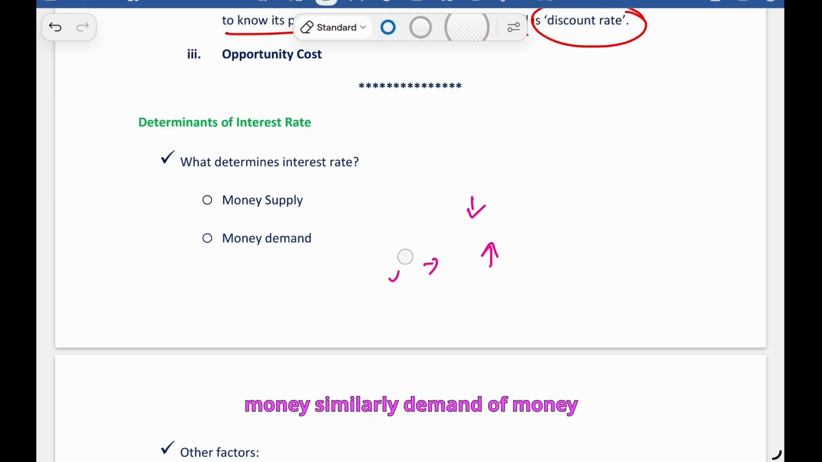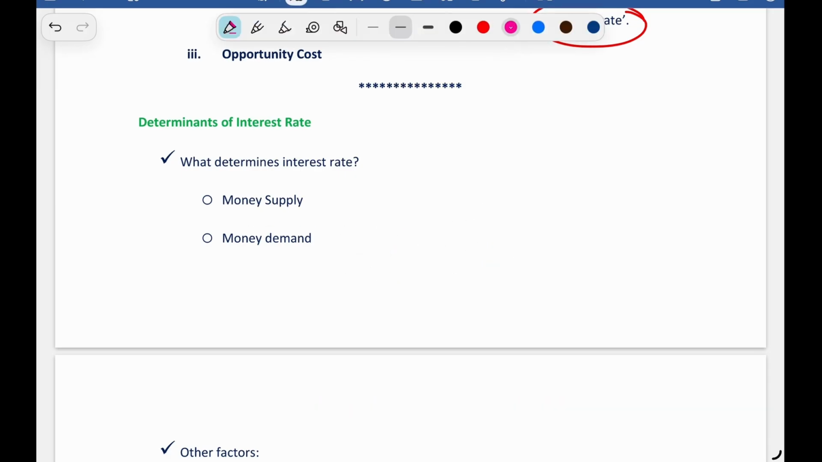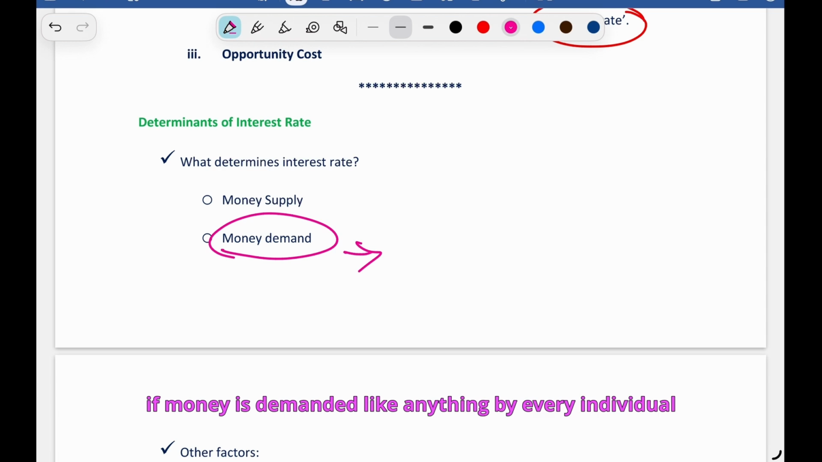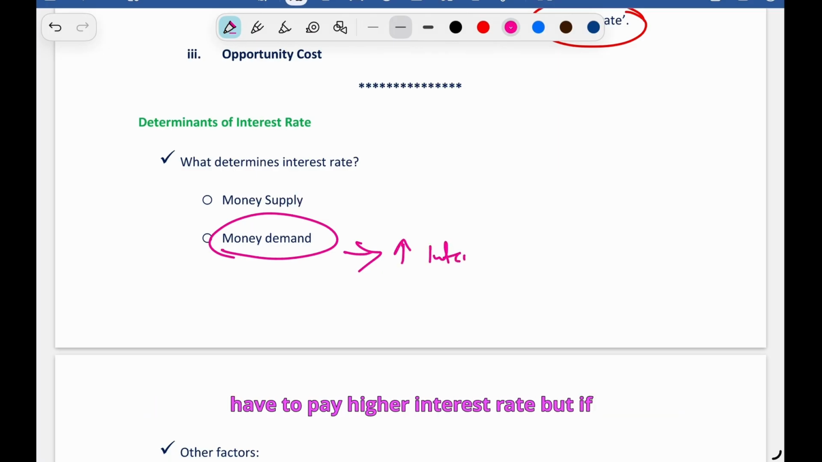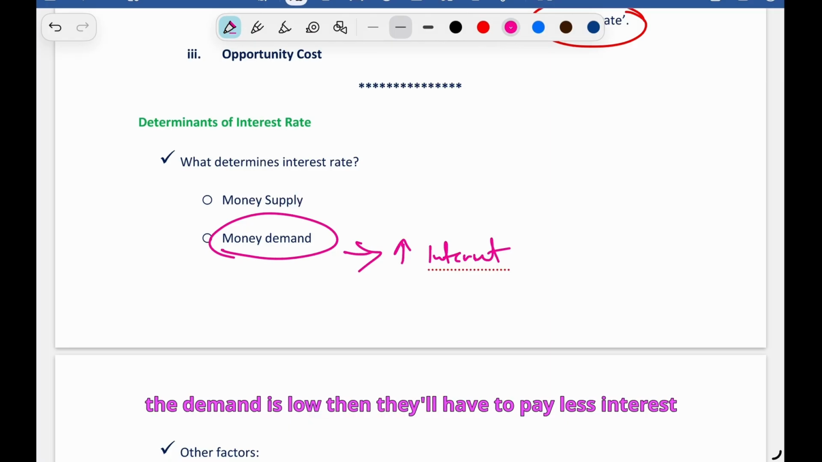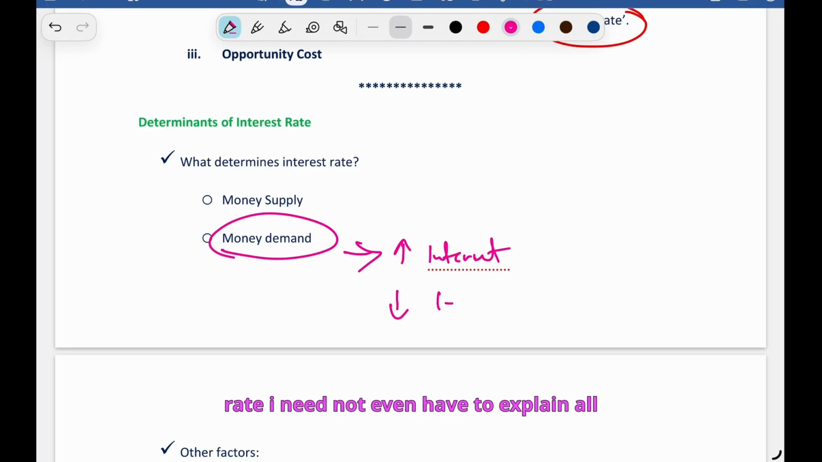Similarly, demand of money. If money is demanded like anything by every individual, every company, every firm, then they'll be fighting with each other, and to attract money, they'll have to pay higher interest rate. But if the demand is low, then they'll have to pay less interest rate. I need not even have to explain all those. So I hope